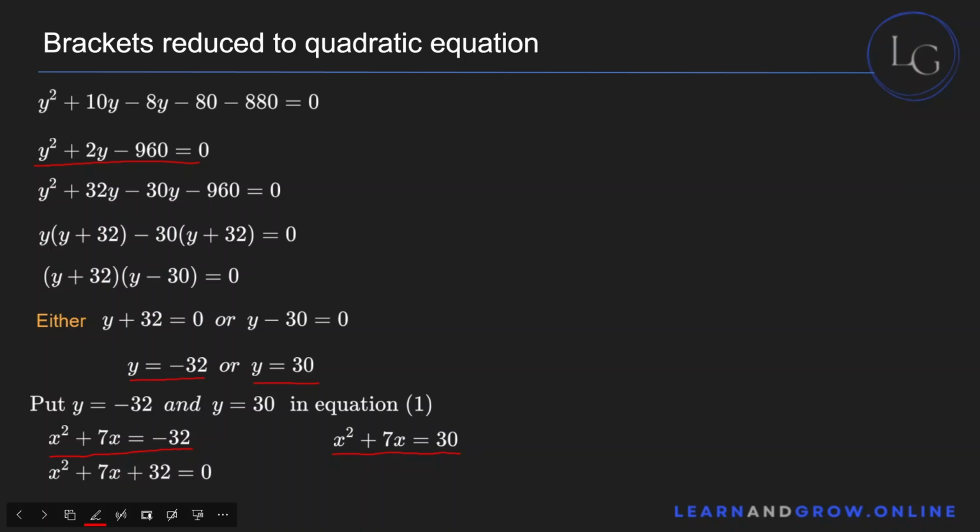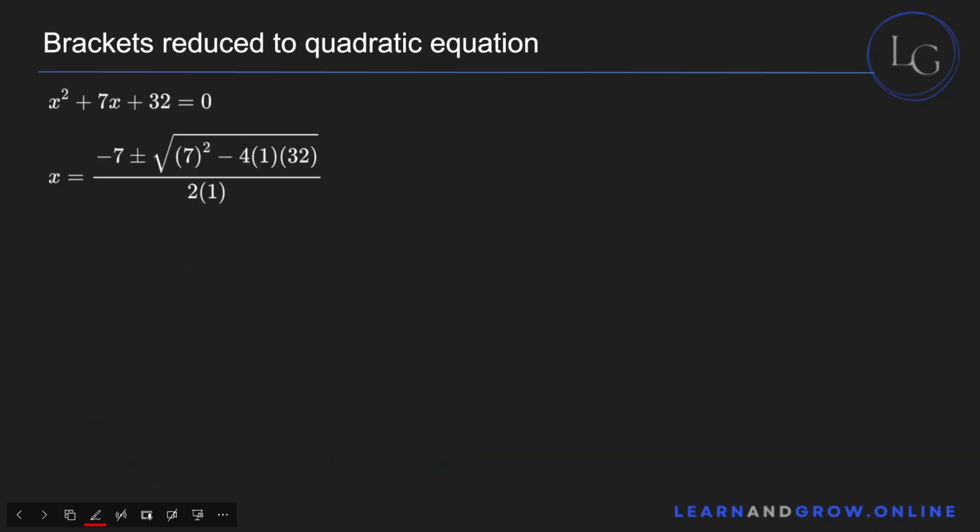Now, you have two quadratic equations for x. So basically you'll get four values for x, 2 over here and 2 over here. Now, by using the quadratic formula,